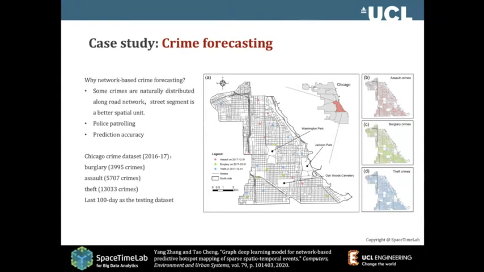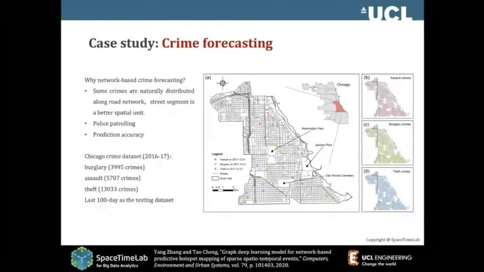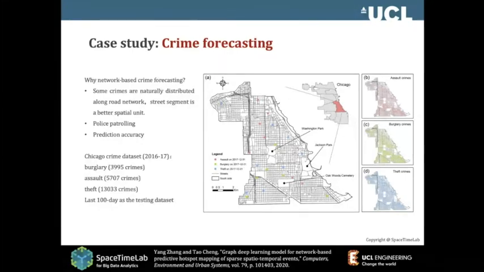This is an example we use for crime, but actually the method can be used for almost all kinds of sparse events, traffic incidents, fire incidents, or even epidemics. Again, we use open data. This is in South Chicago. This is almost 2 years of data, showing very dense on this small graph. But this big graph shows 1 day of data of different types. There are 3 types here.